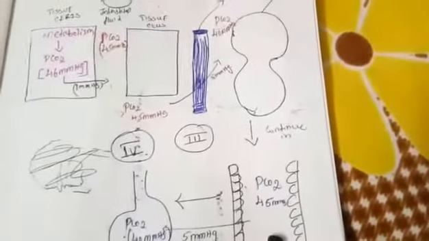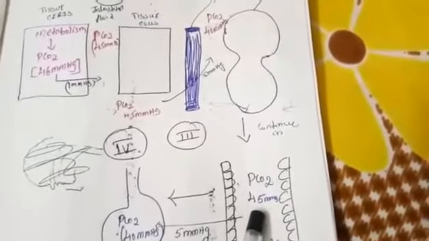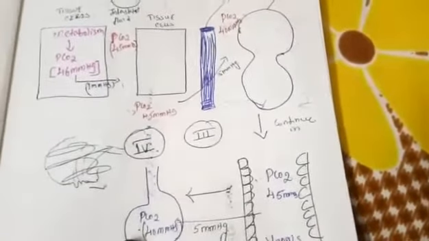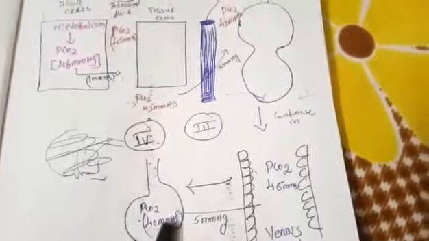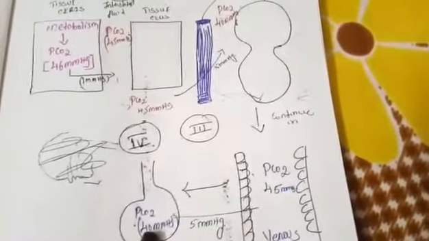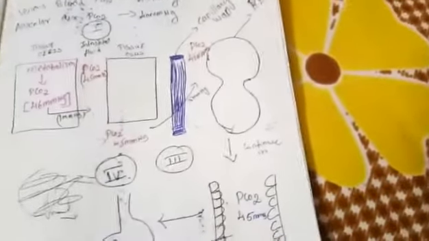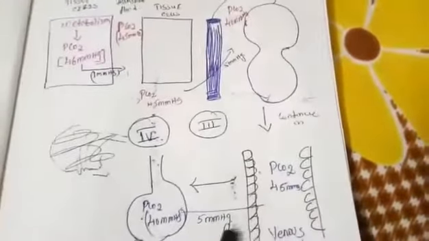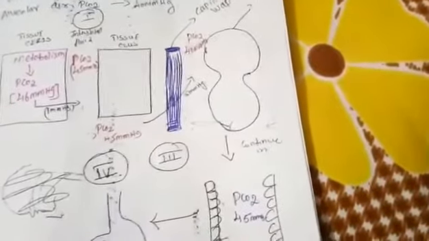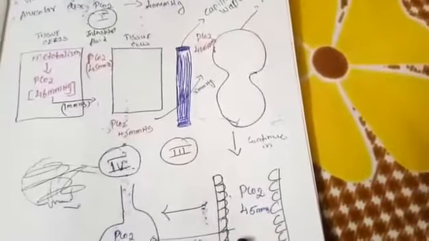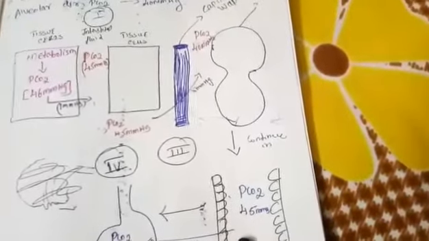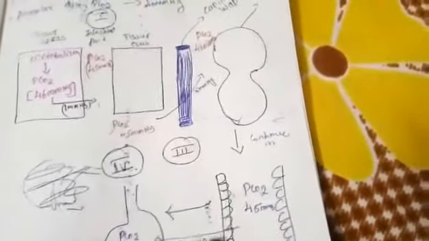Here in the venous blood, the partial pressure of carbon dioxide is 45 mmHg. And in the alveoli, the partial pressure of carbon dioxide is 40 mmHg. Now it takes place in the lungs. So inside the lungs, the concentration gradient is 5 mmHg. So from the pulmonary artery, the carbon dioxide will be transported from the capillary into the alveoli based on this 5 mmHg.